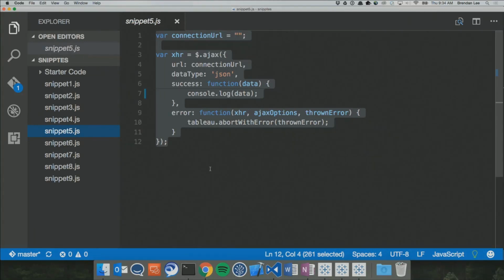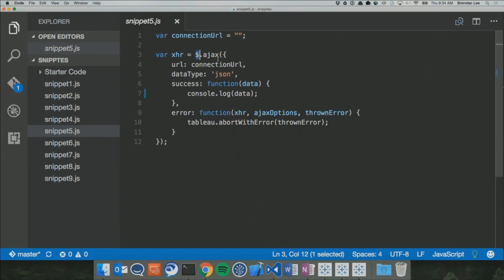So this is going to be the guts of our getData call. What's happening here is we need to send a request to the REST API endpoint and get information back. The way we're going to do that is by using an AJAX request through a library called jQuery, a very common JavaScript library, super helpful. I would highly encourage you to check it out.